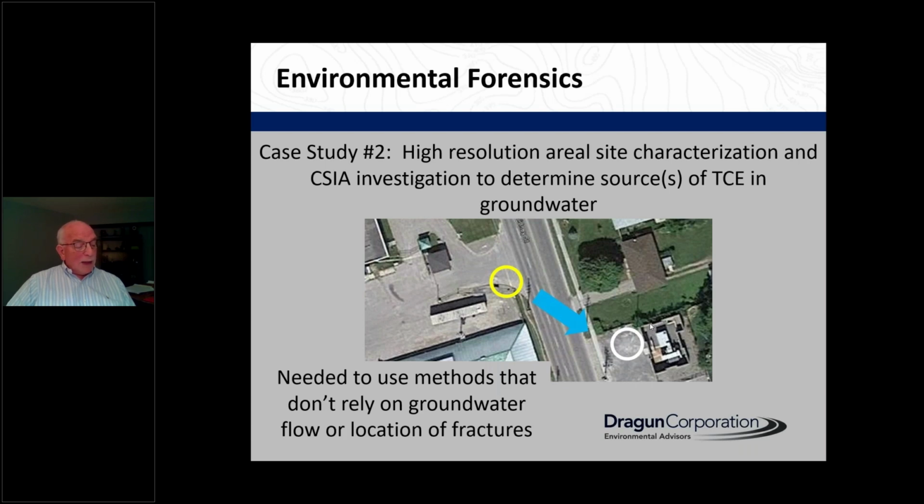Furthermore, there was no soil evidence on the property on the right to indicate that there was contamination. So we were asked, could we do something that would address the unknown pathways argument? So the first thing we did,